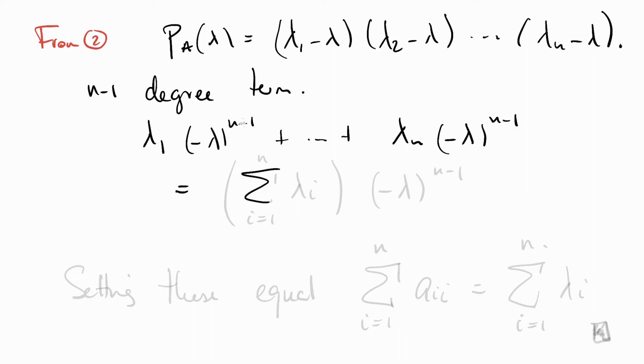This is the sum of all the lambda_i, i ranges from 1 to n, times negative lambda to the n minus 1. Setting these equal to each other,